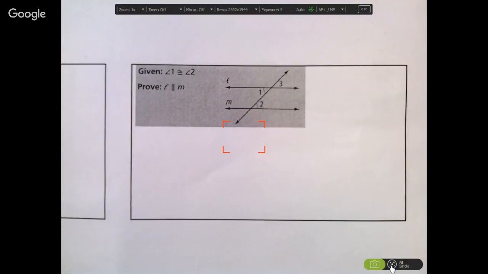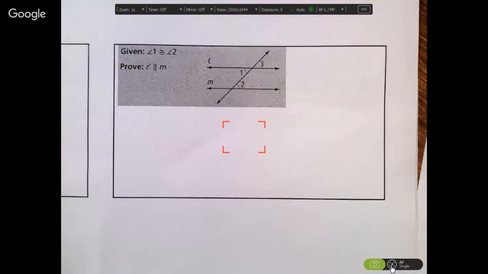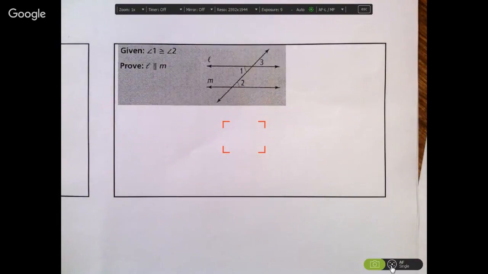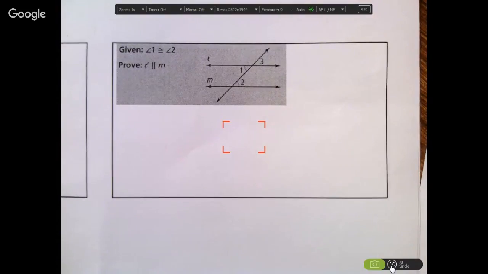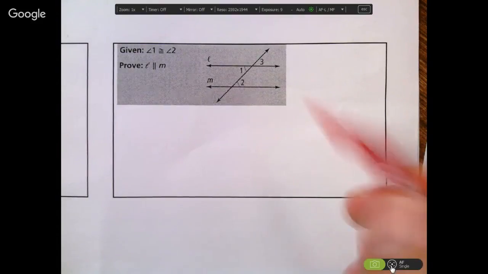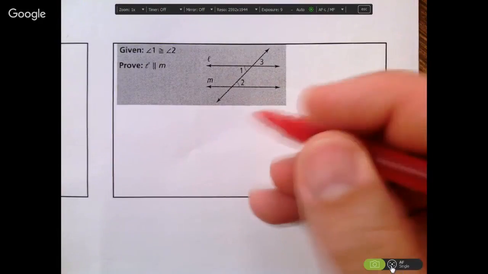So I talked about this super briefly, but the whole point of section 2.2 is to go backwards from where we were. So we were saying here are parallel lines, so therefore we have congruent angles, and we could kind of pick up everything. We're going backwards. Okay, so if we're going to do a proof, we're always going to start